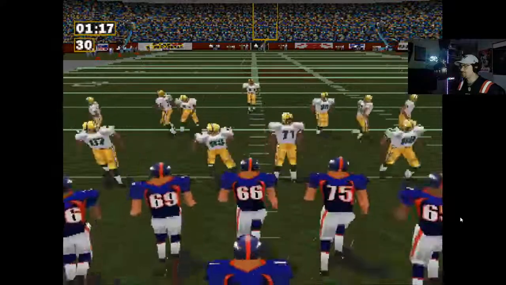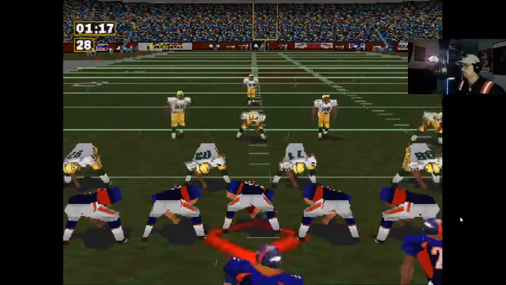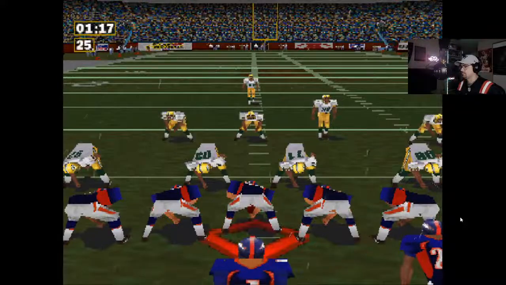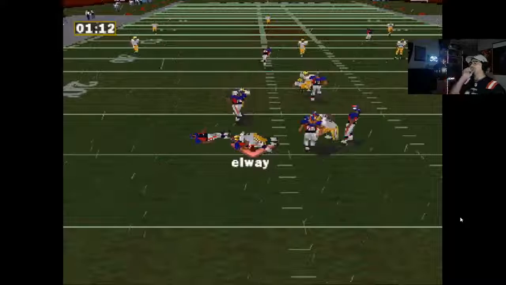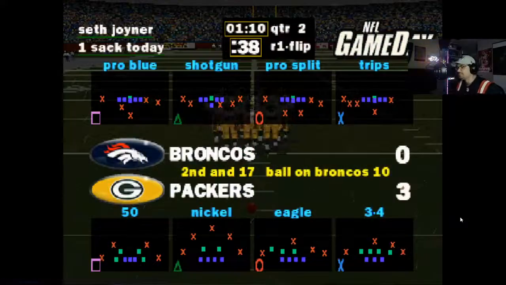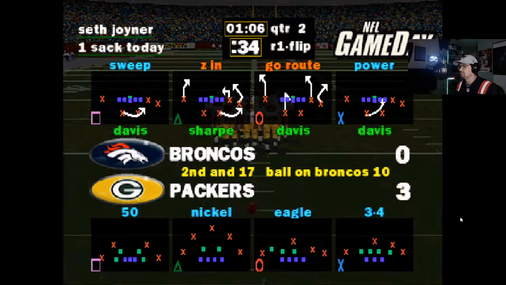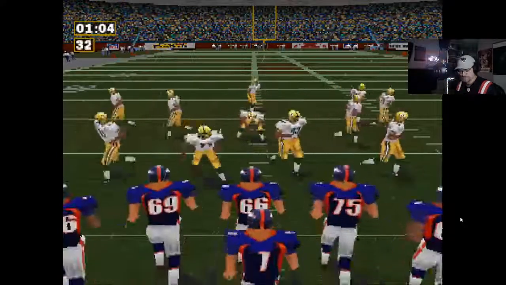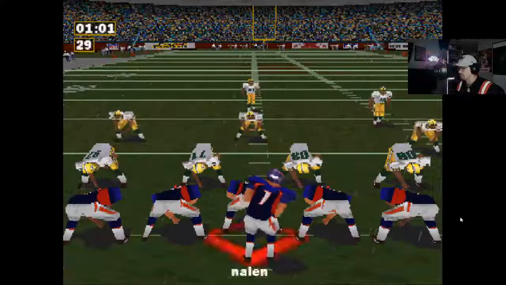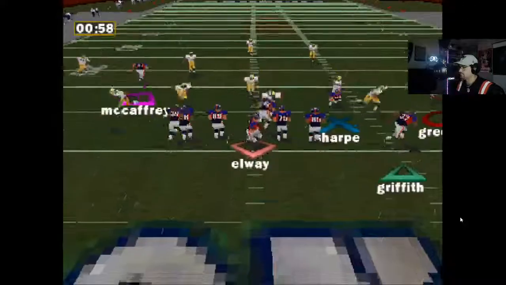First and 10 on the 17-yard line. Set point with the quarterback set. No. Second and long. Let's try this. We're gonna hit Shannon Sharpe here.